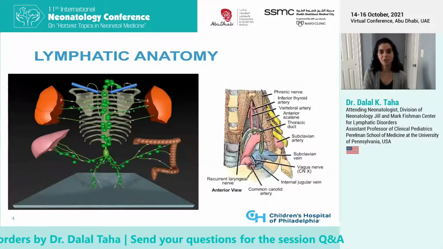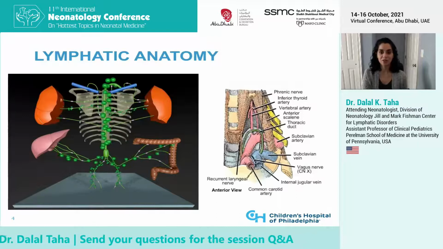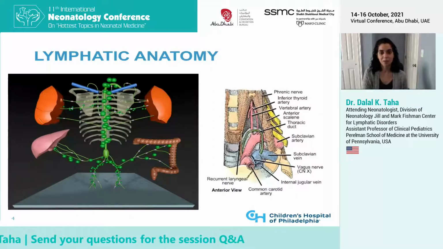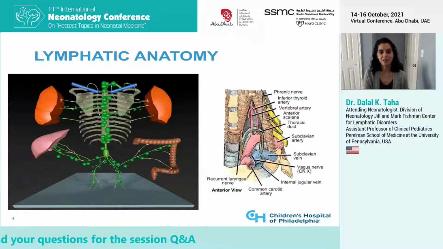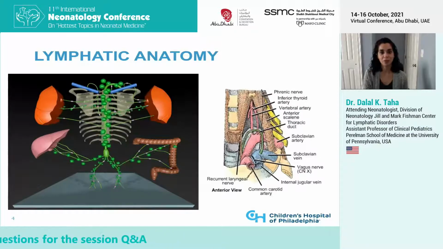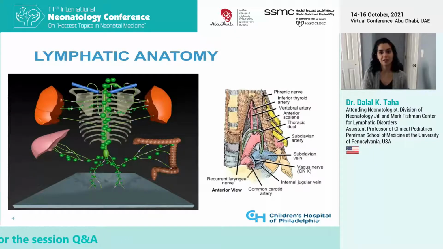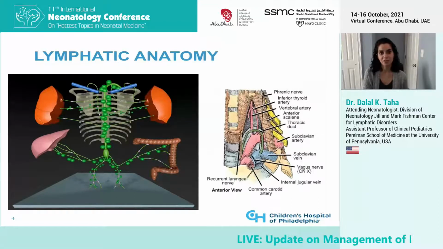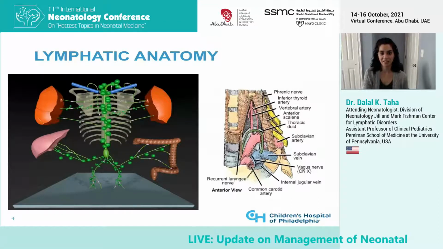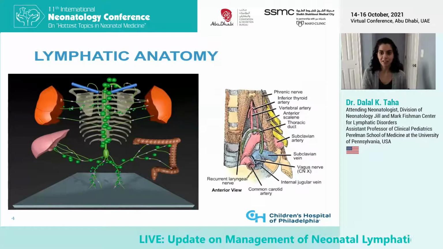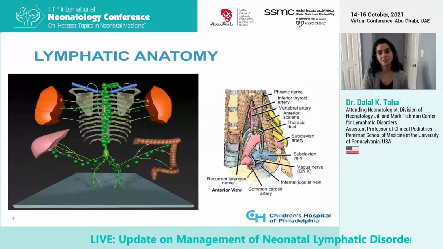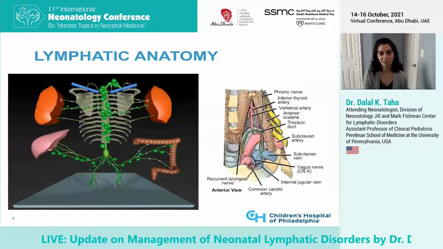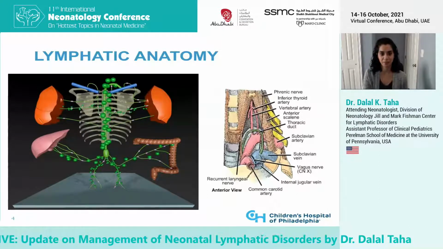Before I get into imaging and interventions, I wanted to review lymphatic anatomy. Approximately 80 to 90% of the lymph in the body is generated below the diaphragm, mainly from the liver and intestine. The lymph vessels from the liver, intestine, and soft tissue all converge at the cisterna chyli, which then sends the fluid up towards the central thoracic duct. The thoracic duct conducts lymph into the venous system through the innominate, subclavian, or internal jugular vein.